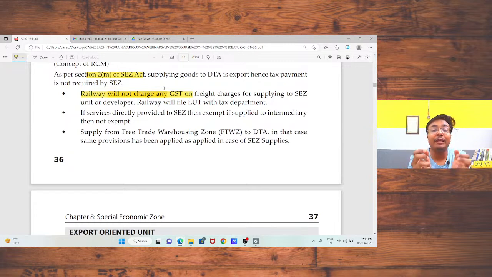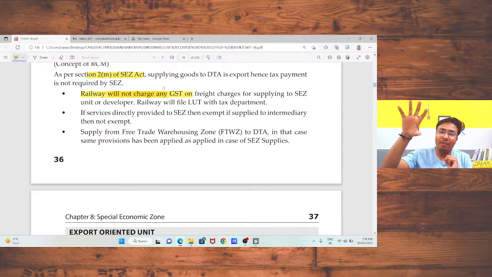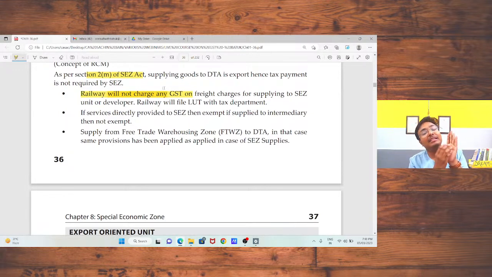In that case, if the railway is not going to pay any freight, the railway has to file an LUT with the department. Okay. Now, if a member of an SEZ organizes a meeting outside the SEZ area, what about GST applicability? If the SEZ member is going to organize the meeting outside the SEZ area, and that meeting is related to the operations established in the authorized operation list, in that case, that SEZ unit need not pay